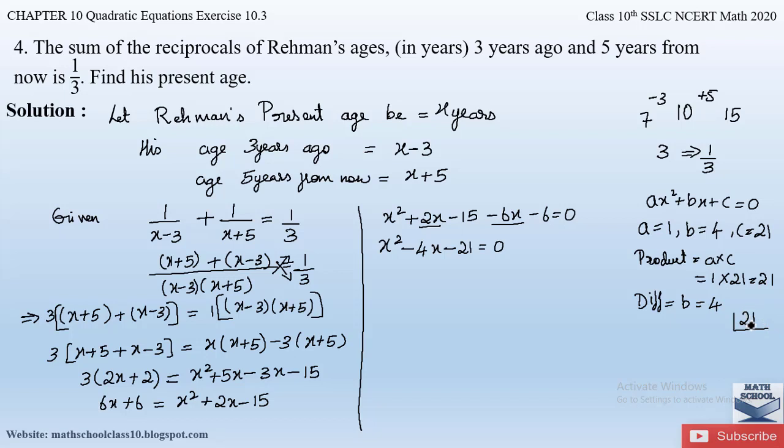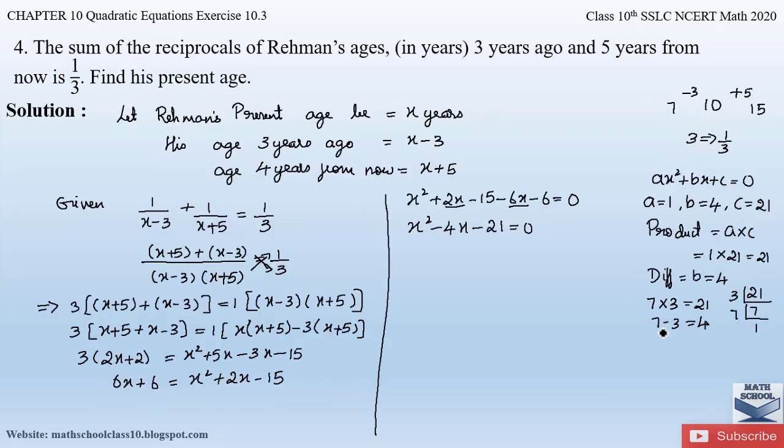The smallest possible number which divides 21 is 3. 3 7s are 21 and 7 1s are 7. Okay, so now we can take the product 7 into 3 as the two factors. So 7 3s are 21 and 7 minus 3 will give you 4. So 7 minus 3 we are going to substitute instead of 4, and this is how we are going to split this middle term 4. Okay, so we will write x square, the signs will be as it is, minus, instead of 4 we are writing 7 minus 3 into x minus 21 is equal to 0.